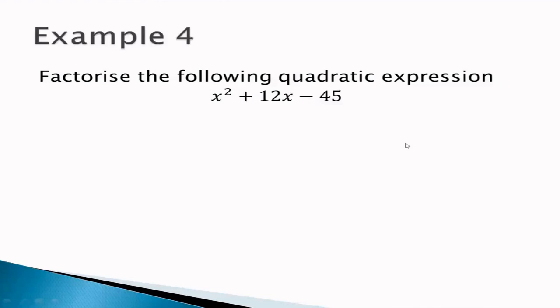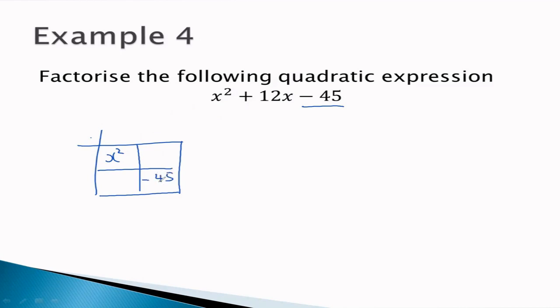So let's move on to the fourth example. x squared plus 12x minus 45. Now we have a minus 45. This complicates things a little because